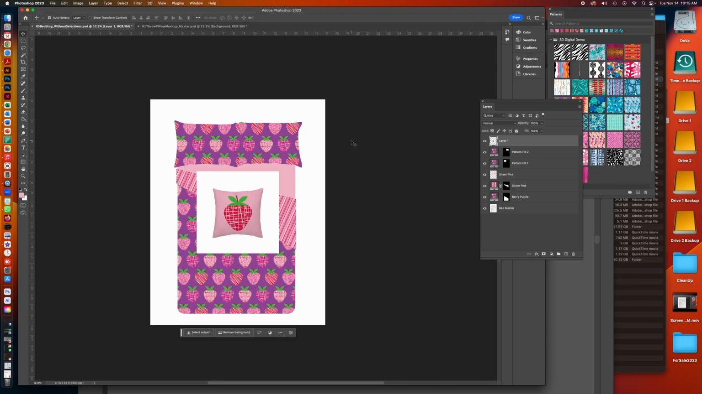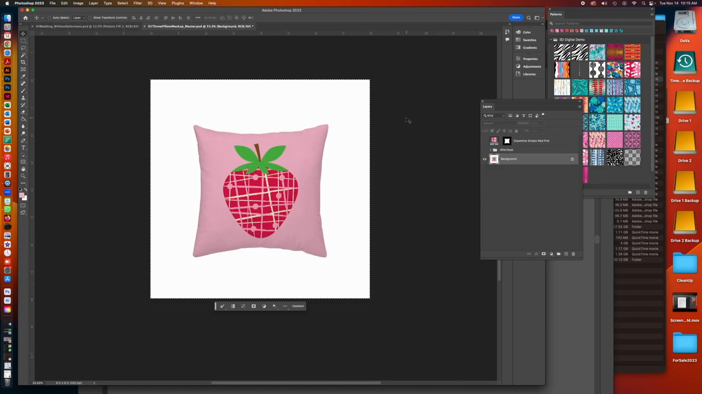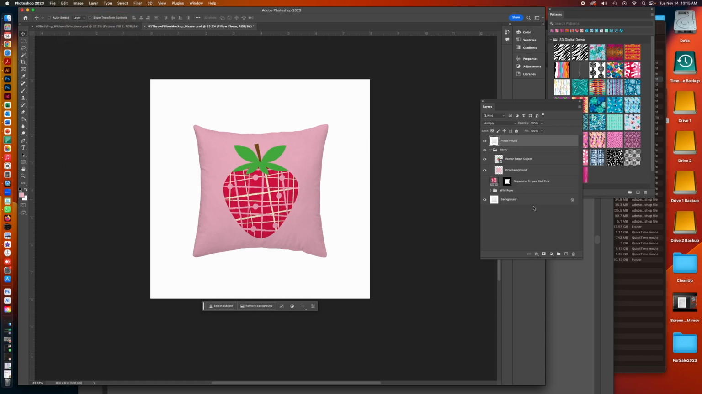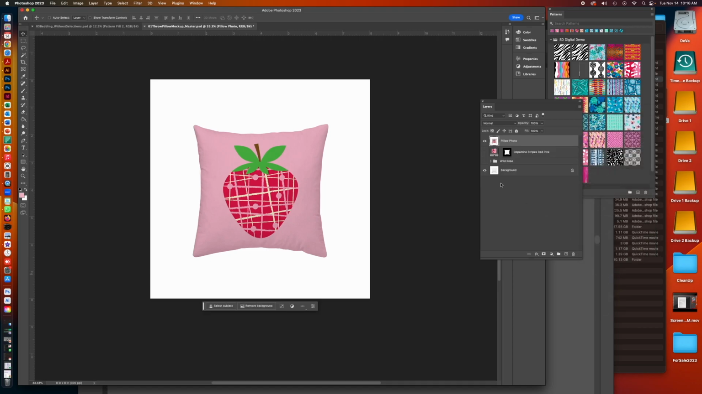main. Oops, you know what? I don't want the pillow. Let's do that again. I mean, I don't want the white background. Let's undo that. Undo merge visible. Okay, so what I want to do is actually just merge the layers that I've selected. That's better, because then I don't have a